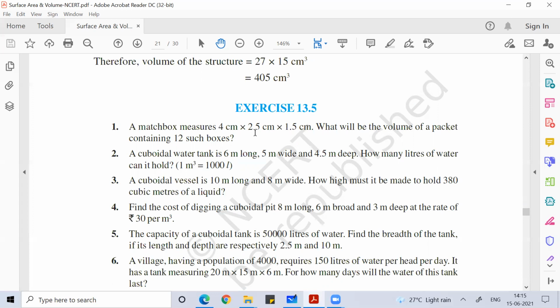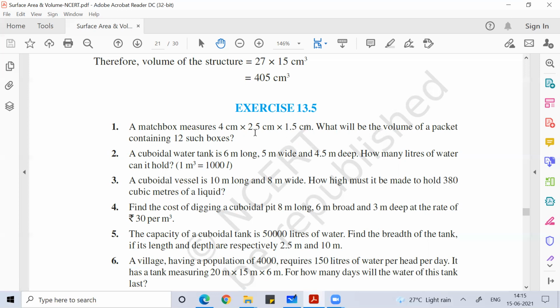So here I need to find the volume. The volume I'll get in meter cube. So the volume will be 6 into 5 into 9 by 2. So the volume I'll get is 3 into 5 into 9. 3 into 5 is 15, and 15 nines are 135. I'll get 135 meter cube volume.